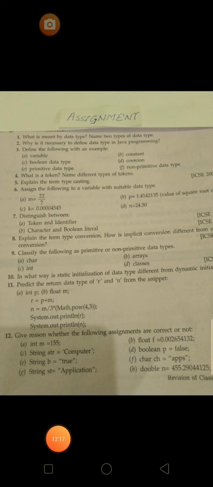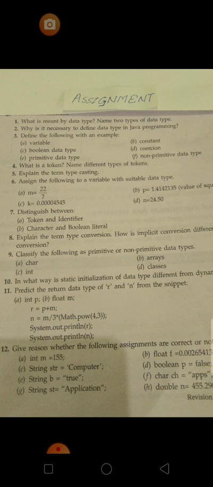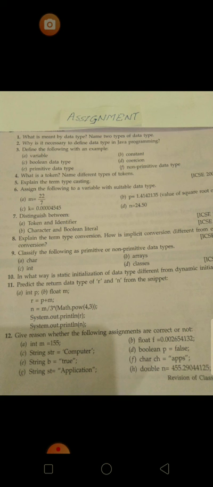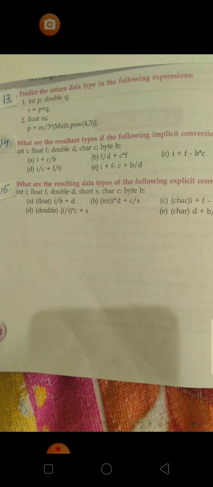Now I am going to give you an assignment which contains several questions related to the chapter. Just go through the chapter and solve all the questions in your notebook, which will be checked when school reopens. So here is the assignment. You can see all the questions here. A PDF file is also given, with the first page and the second page of the assignment. Try to solve these questions.